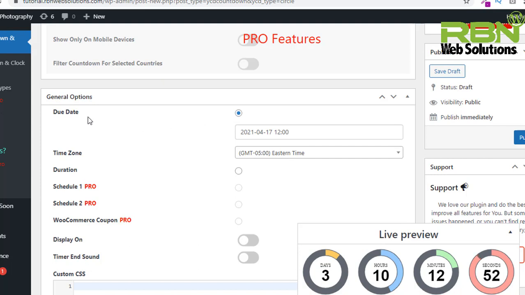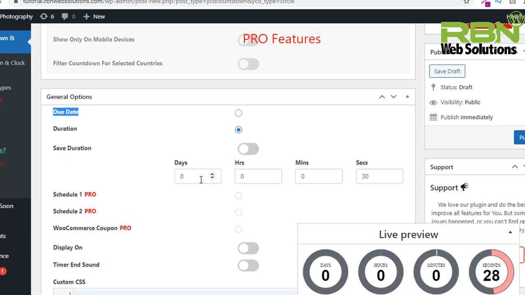If you don't want to set it through the date, then you can set it through duration. Suppose you can directly type 5 days 10 hours 0 minutes and 40 seconds. Then here you will see 5 days 10 hours 0 minutes, and the countdown has already started.